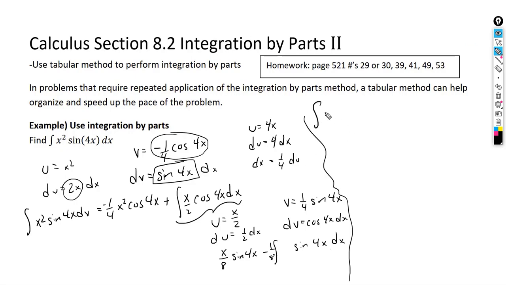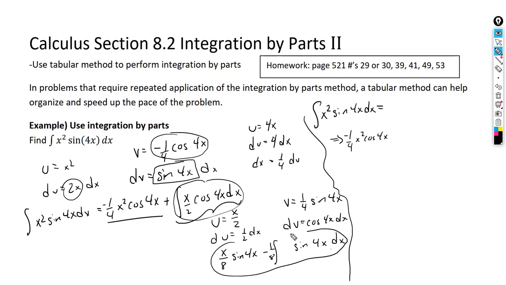So this is really what I want. I have the integral of x squared sine of 4x dx, and that's equal to, we know that's already there, negative 1/4 x squared cosine of 4x plus, well, this integral here turned into this piece down here. So plus x over 8 sine of 4x